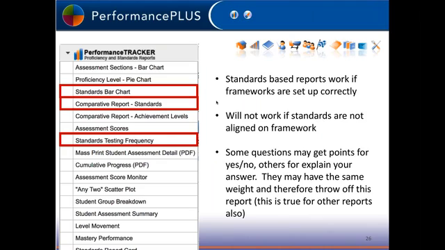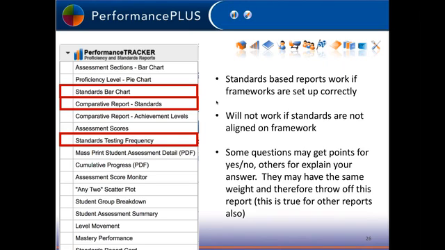I'm a data person for around the state, and people are very often asking me, I just want to see how they did on a group of standards, or how they did on a strand. And these are the standard reports right here, these 3. I'm not going to show them to you, I'm just going to tell you about them. For some reason, they don't end up giving great information. And I think it's because of the way that the frameworks are set up in P+.